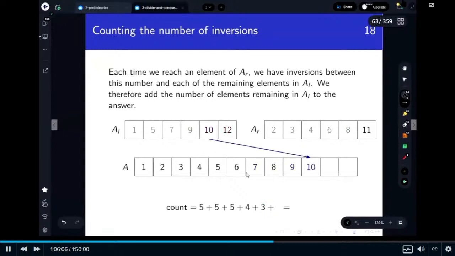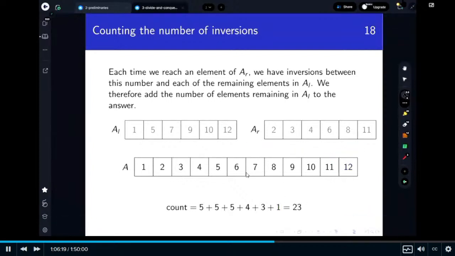we do 2 things. We create a sorted version of our list, and we also compute the number of inversions, which happens to be 23, and that's the number of inversions across the 2 lists. Okay, so basically by doing 2 things at once, like sorting and counting inversions,